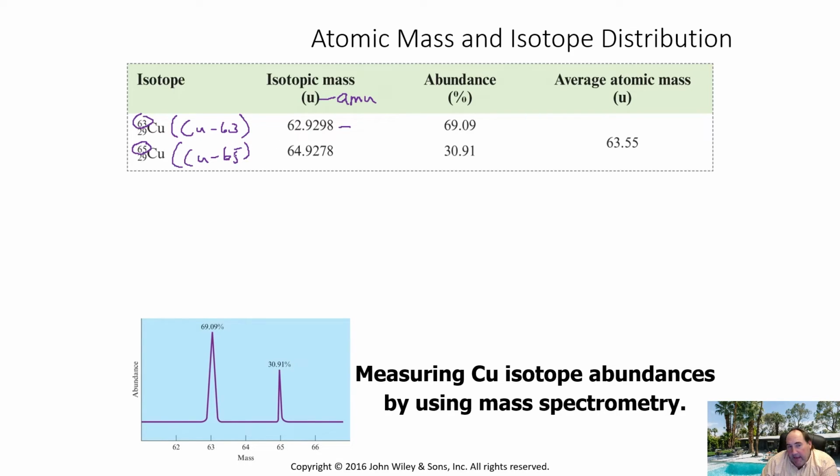And that is the atomic mass of copper 63. That's the atomic mass of copper 65. Basically, copper 63 occurs about 69% of the time, and copper 65 occurs about 30%, 31% of the time. When you're given something like this, one thing you want to take a peek at is the percentages, and you want to make sure that they add up to approximately 100%. It may be a little below 100%, maybe a little above 100% with rounding. But you definitely want to be in that ballpark of 100%.